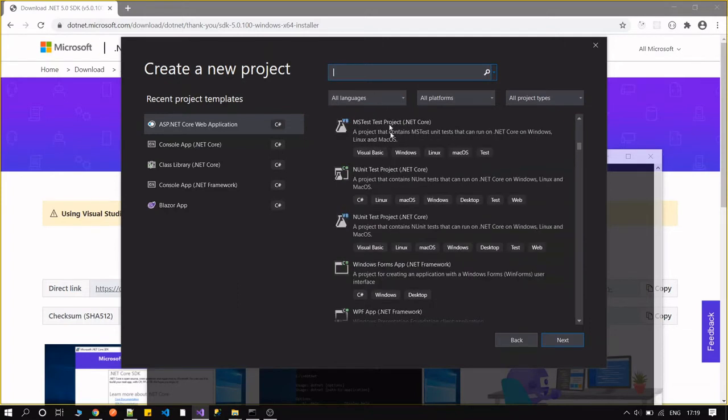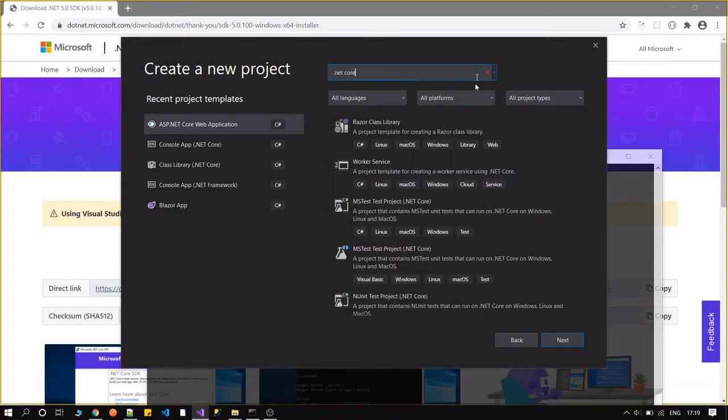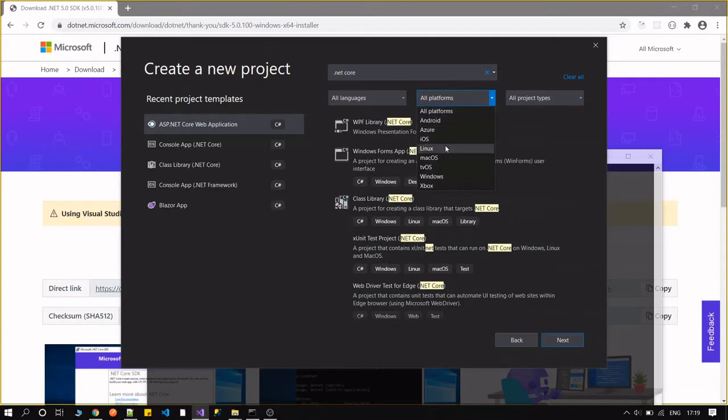Let's type .NET Core here so that we only see the templates by which we can easily make .NET Core applications. Let's select only C#.